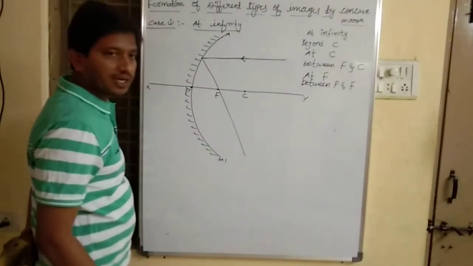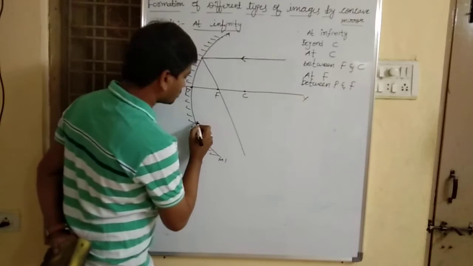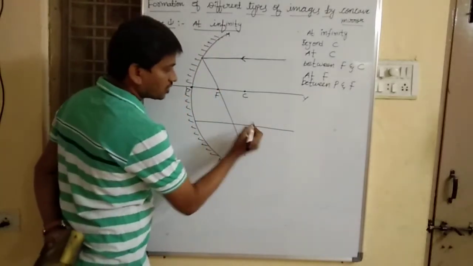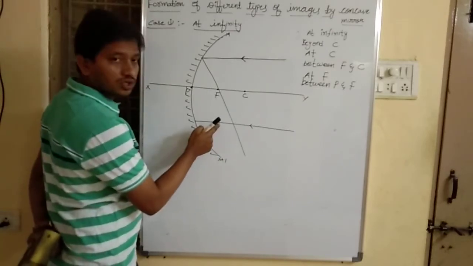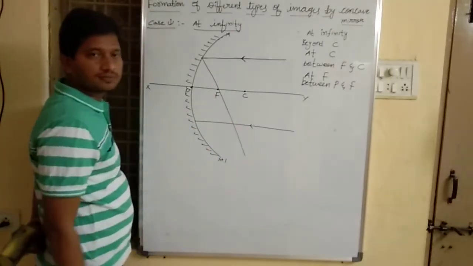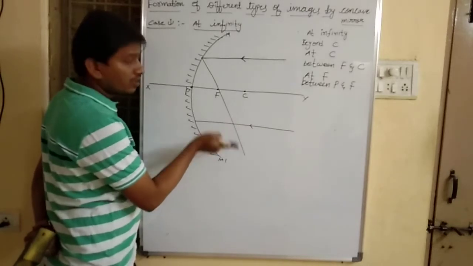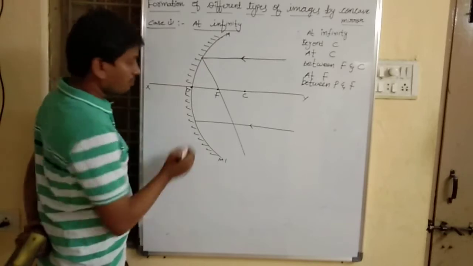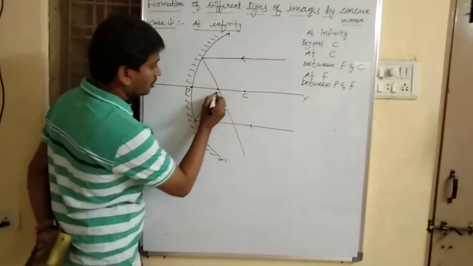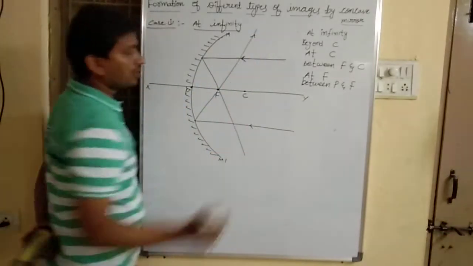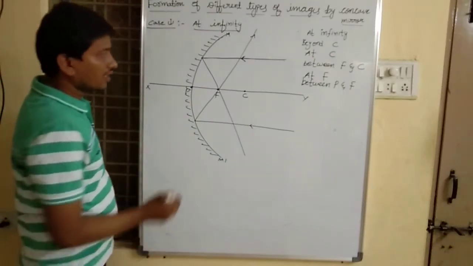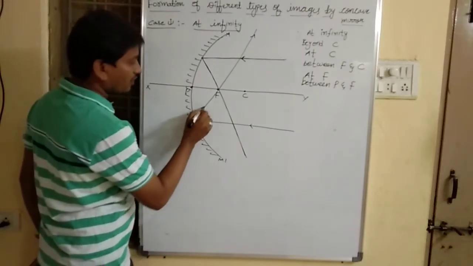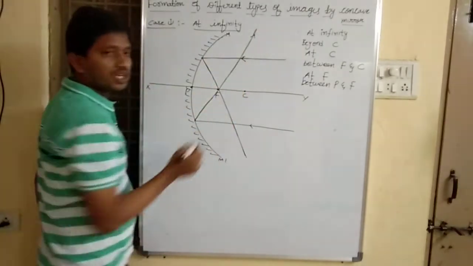Now coming to the second ray, which is also coming from some source, which is also parallel to the principal axis. After reflection, it must pass through the focus. Okay, this is my first reflected ray, and this is my second reflected ray, where these 2 reflected